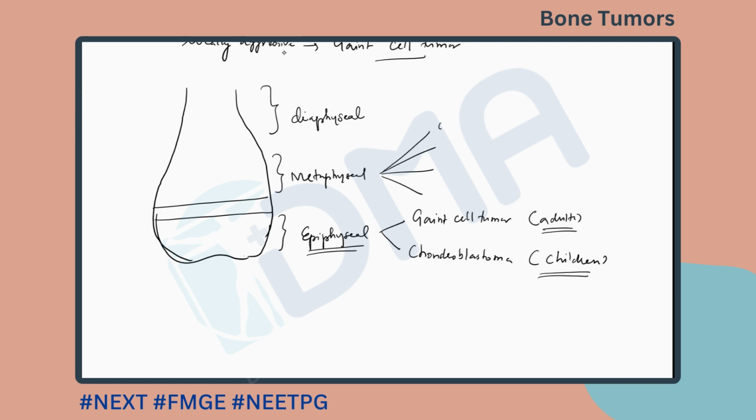Few examples are: one is osteosarcoma, which occurs in the metaphyseal region. Simple bone cyst or unicameral bone cyst,